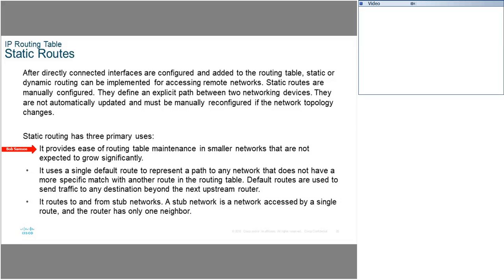That it provides ease of routing table maintenance in smaller networks that are not expected to grow significantly. Let me give you a clue. If your network has more than 2 routers in it, it's too big already to use static routes. I had to put static routes in the case study because we haven't learned about dynamic routing protocols yet. But if you've been looking at the case study and you've seen the section on static routes, just 3 routers with addresses that summarize to a certain extent. We don't even have to have each separate network. There's like 18 static routes in that thing. I didn't mean to call my work stupid, but